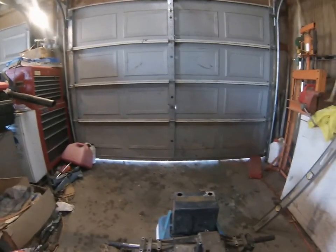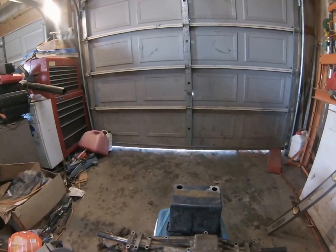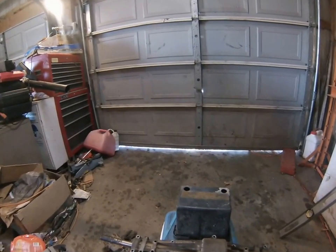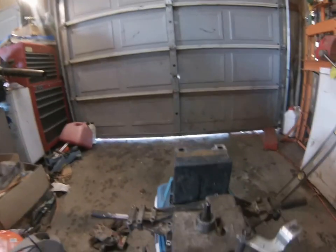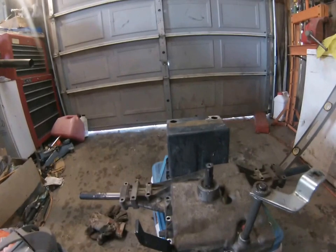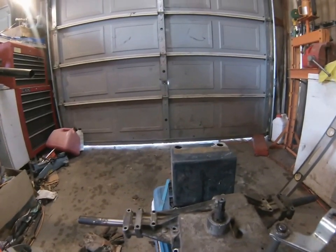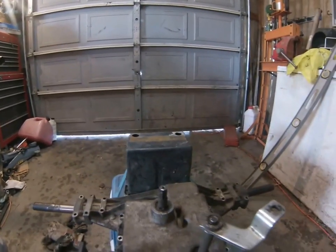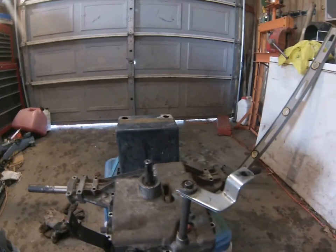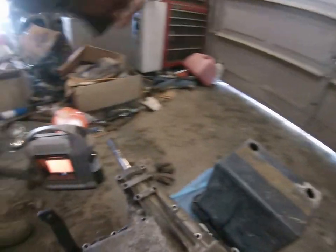I took it out of a Murray GT about a few weeks ago, probably 3, and everything on this thing was seized up. I may be able to post a picture of it. I'm not sure if I will get it to go up or not, but the axles were all rusted onto the hubs. And one of the main things I didn't know, because this is my first time redoing an 820,